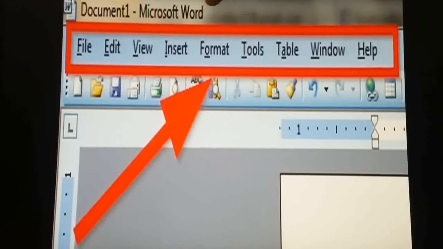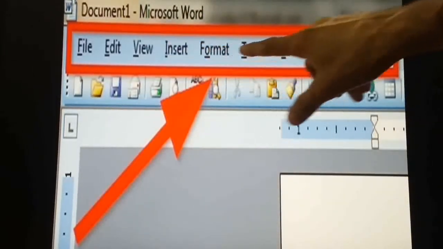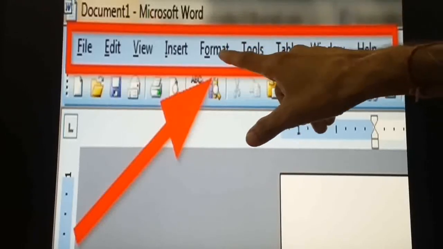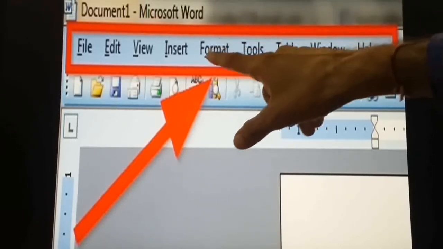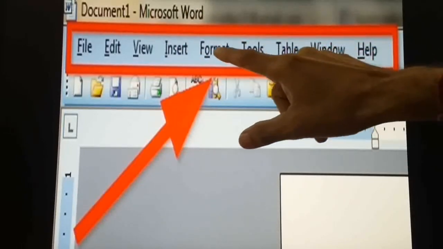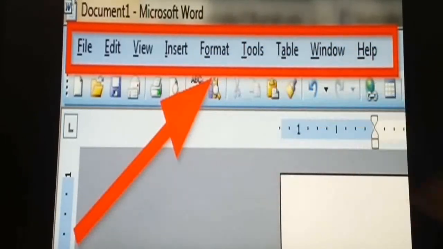The first bar you can see written Document 1 Microsoft Word, that is called the title bar, and the second bar is called the menu bar, or we can say tab, and the third one is called the ribbon.